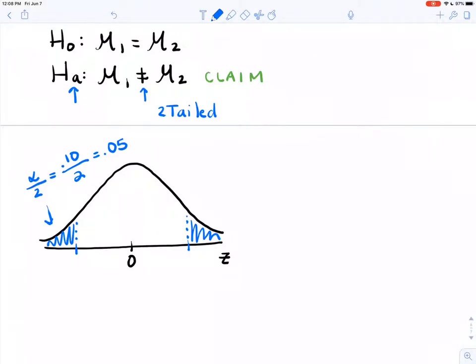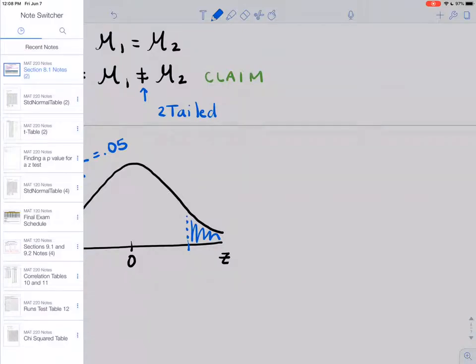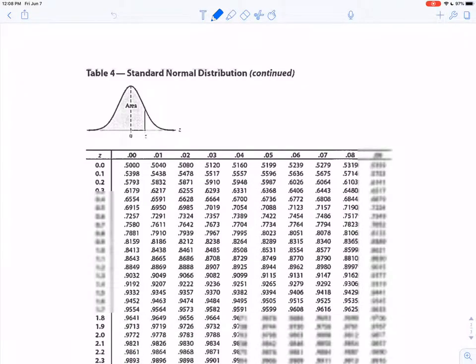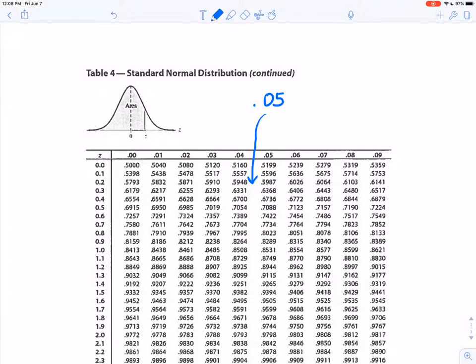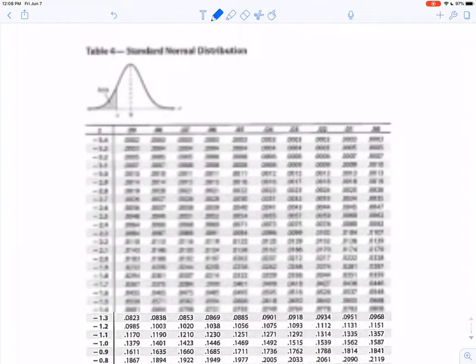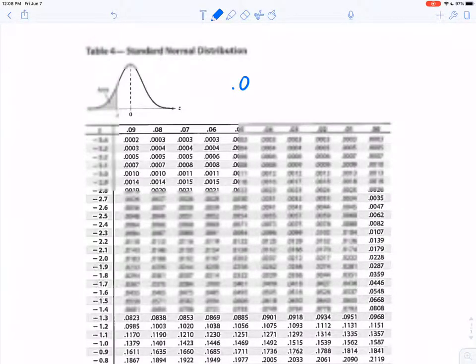All right, now I'm going to go to my standard normal table. And again, I linked that for you on the page for section 8.1. And I'm going to look for that alpha over 2 that I just calculated of 0.05 as an area. So I'm going to look inside the table. Anytime I'm looking inside the table, I like to go ahead and write it to 4 decimal places just to remind me of exactly what I'm looking for. Now, right now I'm on the side with positive z's, and you can see that my areas here go no lower than 0.5. So I'm going to need to refer back to the negative side of this table in order to find an area